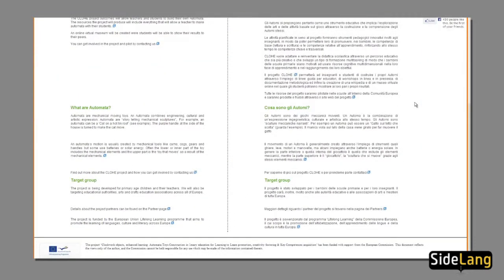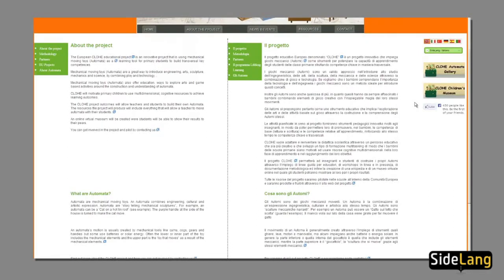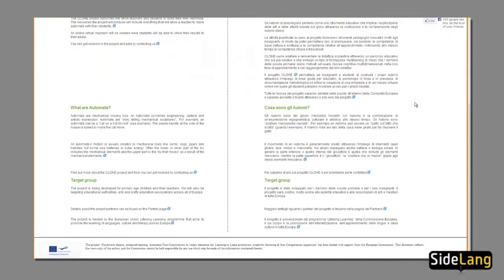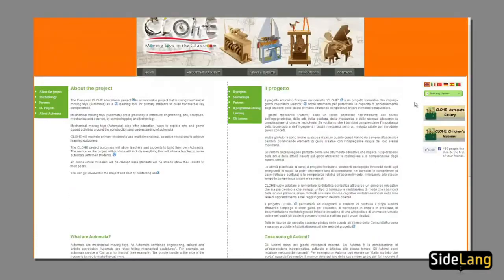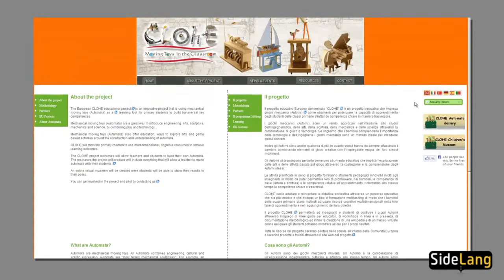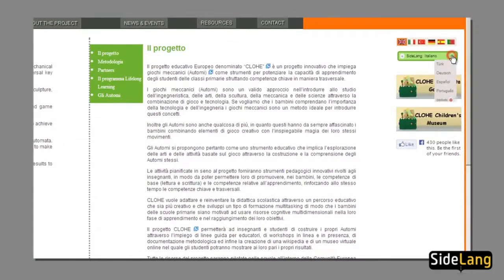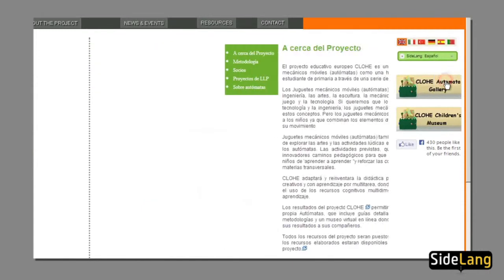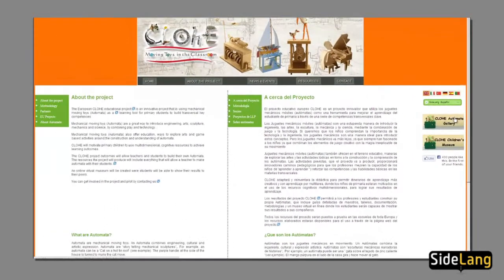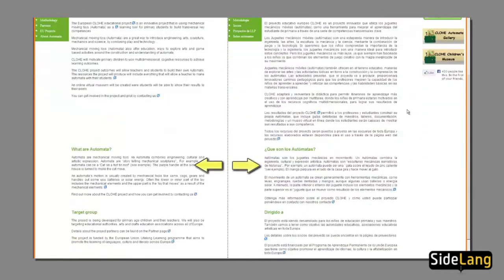And in fact the translations of the English and the Italian over here are consecutive to each other all the way down the page. But not only that, we can choose any of those other languages. So let's choose Spanish this time. And again we can see here is the English, here is the Spanish.